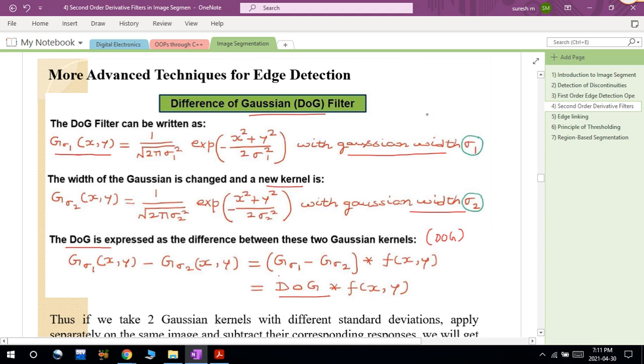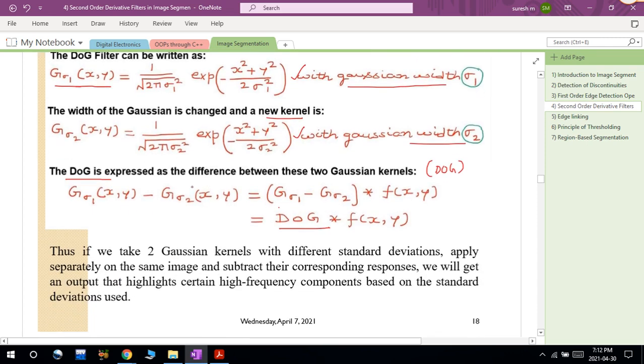In case of the Laplacian of Gaussian, I will apply the Laplacian of Gaussian and convolve it with the original image. For this, I find del square g with respect to del x square plus del square g with respect to del y square. But in case of differentiation of Gaussian, I take two magnitude values, or two standard deviation values. With respect to the first standard deviation I get a function, and with respect to the second standard deviation I get another. I do this differentiation of Gaussian, and once done, I convolve it with the original image.